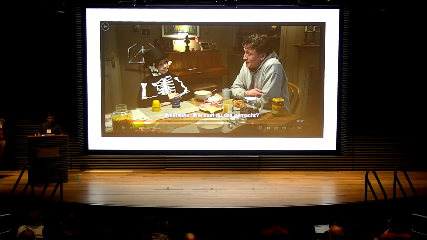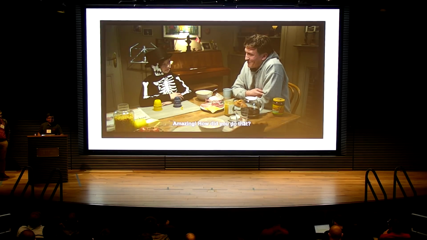Since it's a German show, we decided to watch it with German subtitles just for fun. And maybe halfway into the show, we see our subtitles have changed back to English, which is a bad user experience. Now let's pause there and see what could have happened in the backend services.